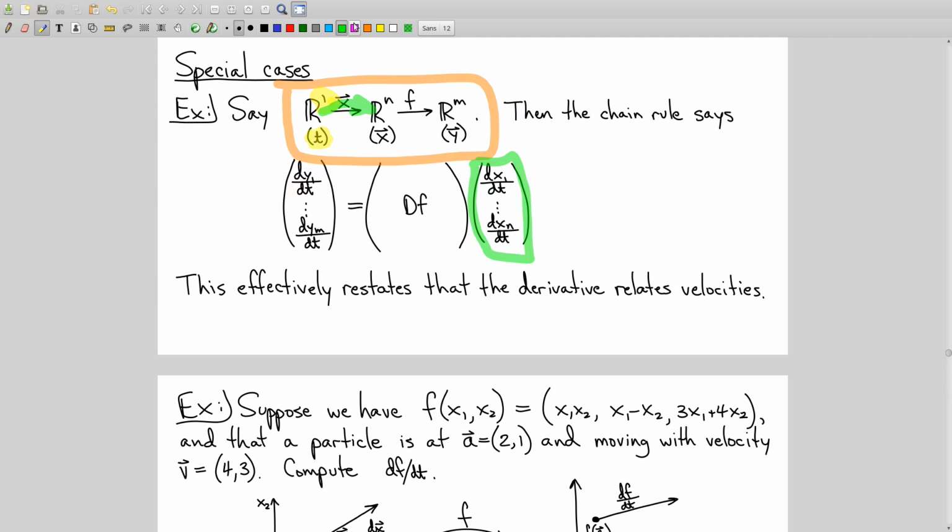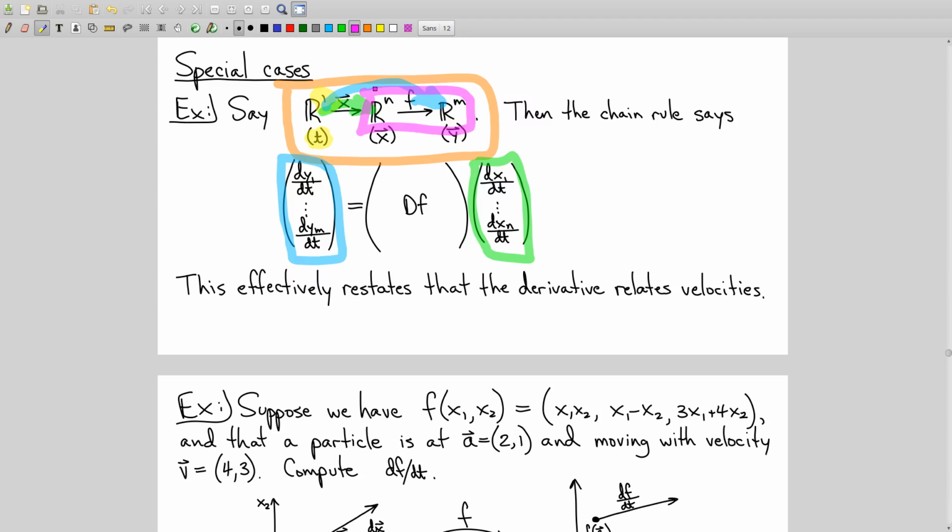Let's look now at the composition. The composition, position is a function of time. Now it's just position of the composition in Rm as a function of time, right? But still, its position in now a different vector space is a function of time. So its derivative matrix is also just the derivative of a parametric curve. Right, so what we conclude from this is that in this weird special case where there's exactly one original input variable,